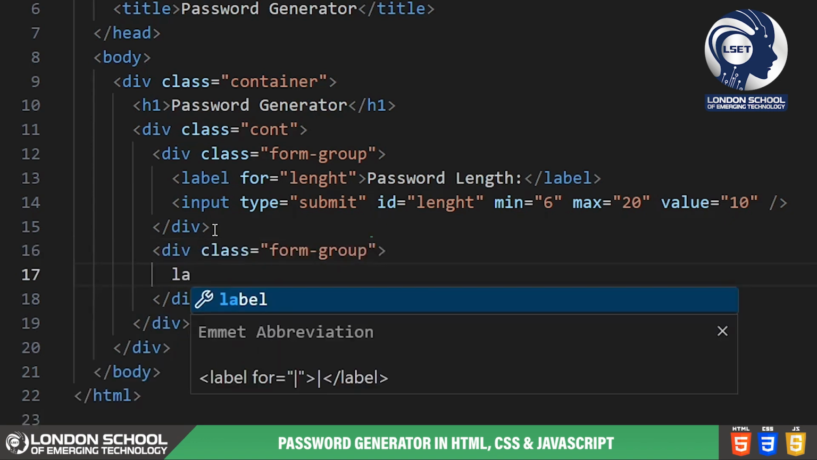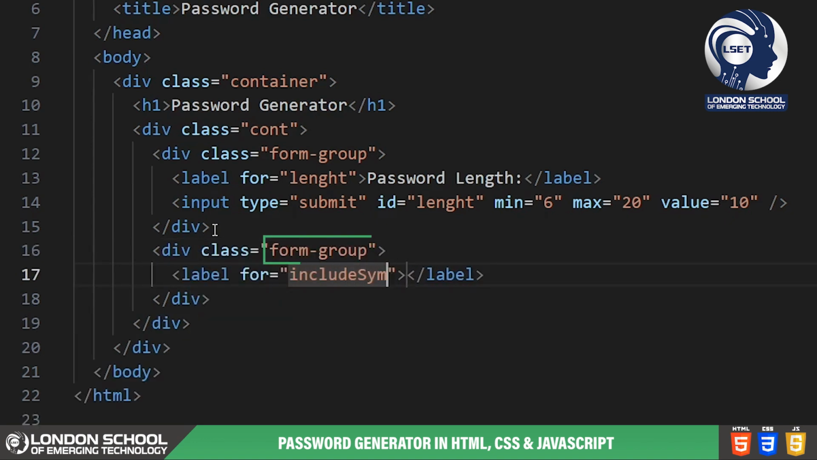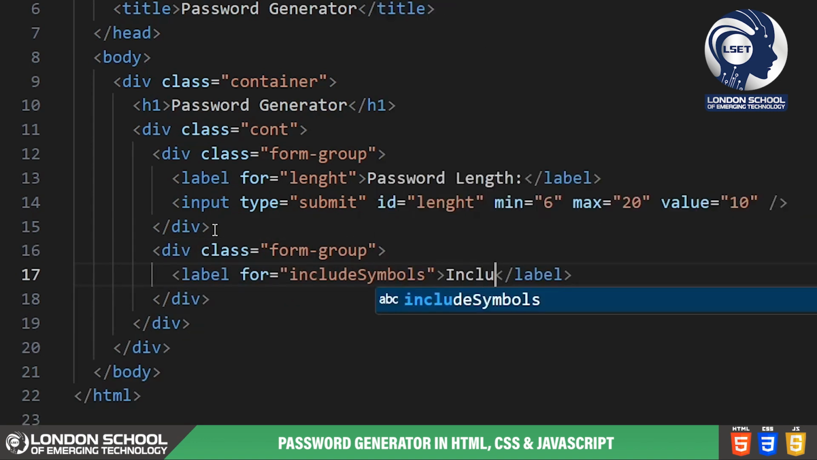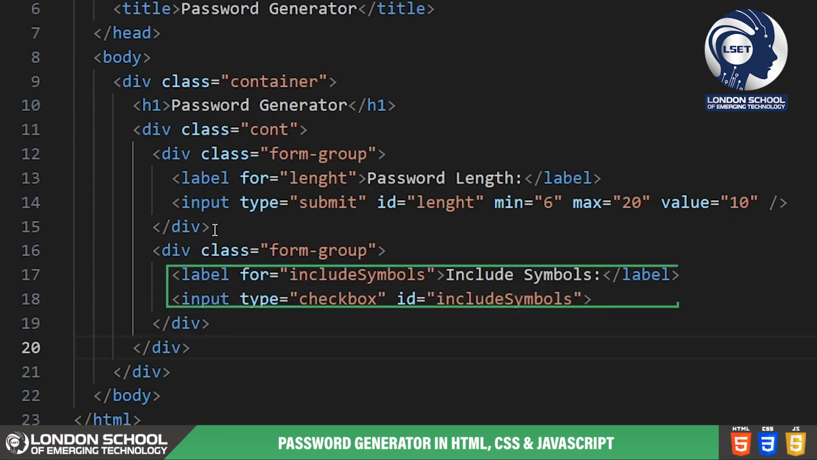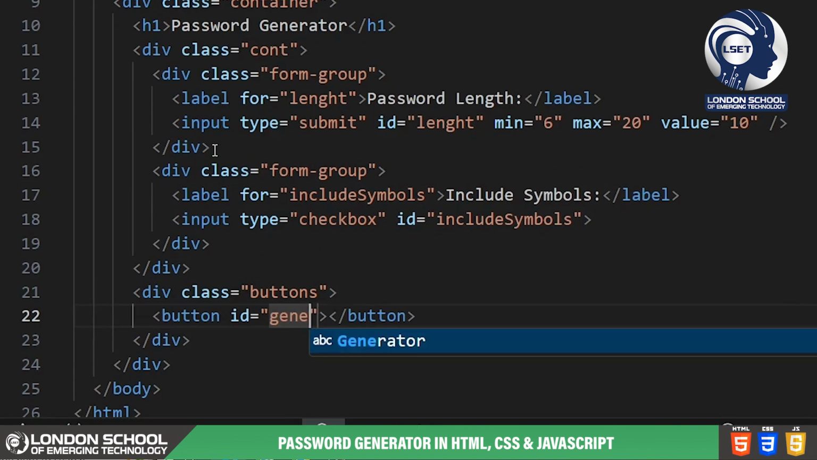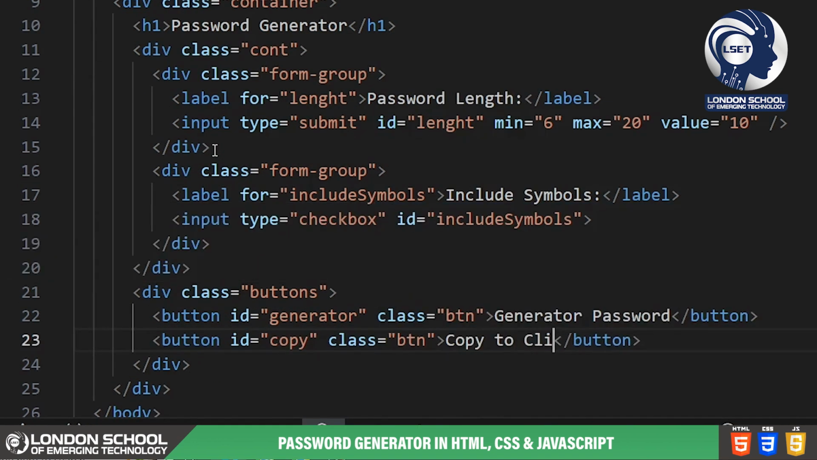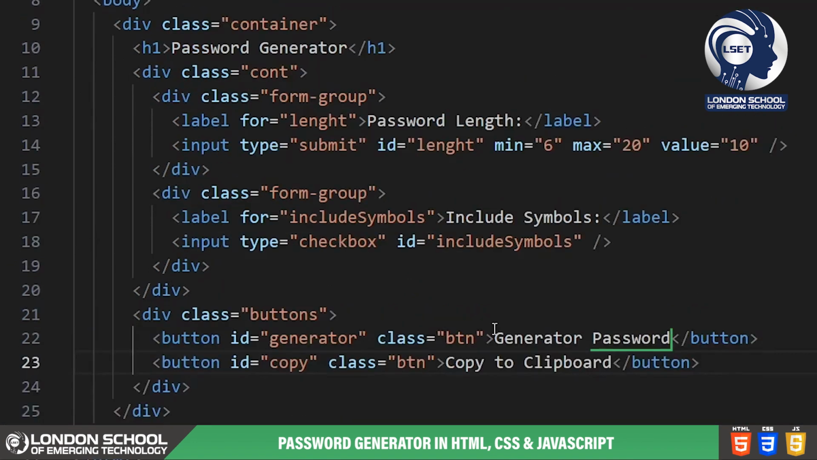Next, we have another form group with a label, Include Symbols, followed by a checkbox input with the ID include symbols. Users can choose whether they want to include symbols in their generated password by checking this box. Moving on, we have two buttons, Generate Password and Copy to Clipboard. The Generate Password button with the ID generator triggers the JavaScript function to generate the password based on the user's input. The Copy to Clipboard button with the ID copy allows users to copy the generated password to their clipboard